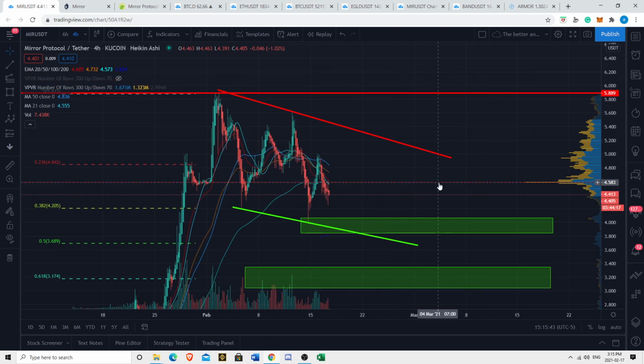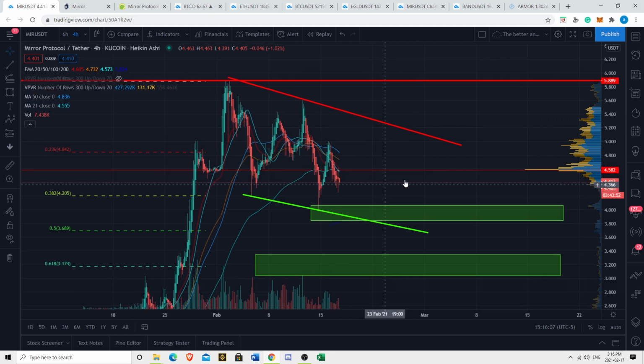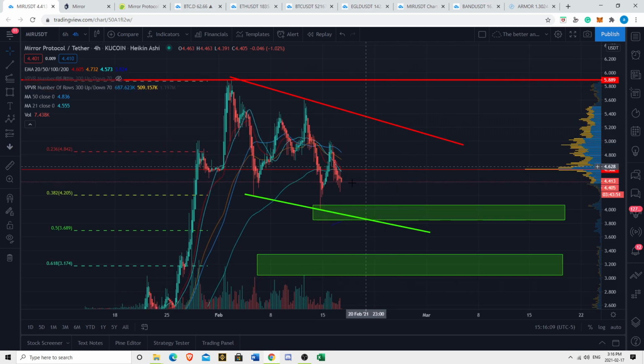I think the real key area we need to look out for is 1460. That's the point of control in the VPVR, meaning this 1460 is where the most amount of volume is being traded. Since we're below that, that area is going to act as resistance. We also have all our EMAs on the 4 hour above us. So 460, and 480 to 460, is going to act as very, very strong resistance. There's a chance that we may not break out, we may consolidate further.